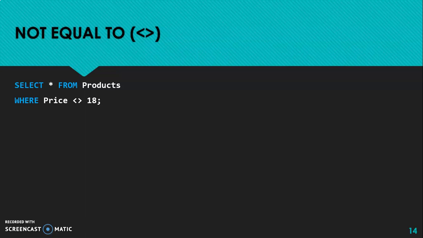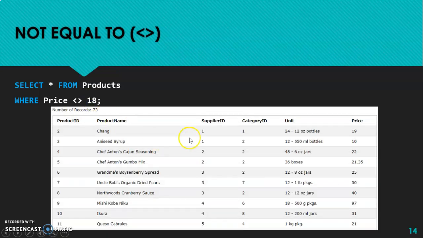If I check the output, I can see some prices that are less than 18, say 10, and some that are greater than 18, like 19, 22, 30, and 97. But you cannot see any product whose price is 18.